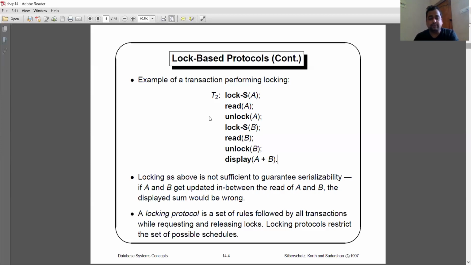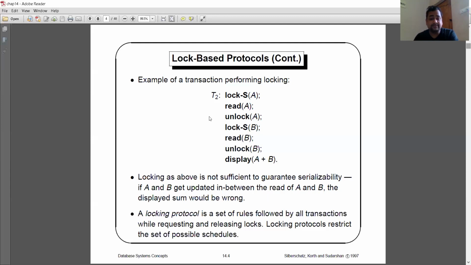And there are different types of serializability. It may be conflict serializable, or it may be view serializable. We have to go for a graph method, a directed graph, to prove whether it is serializable or not. We have already completed that.